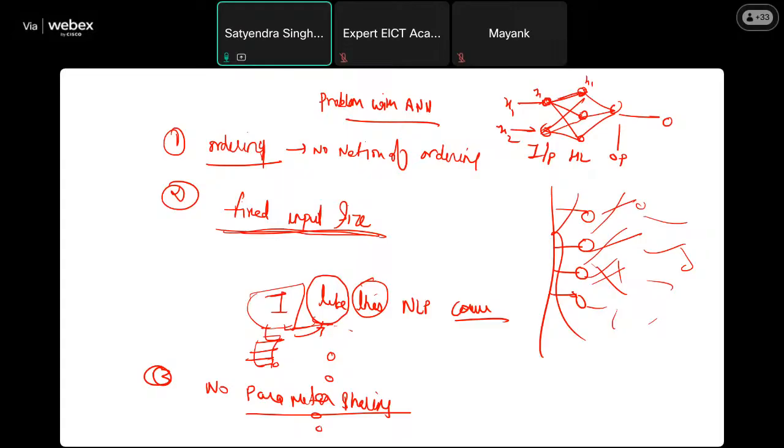There is a unique weight between each pair of nodes: for I1 H1 you have W1, for I1 H2 you have W2, for I1 H3 you have W3. These weights are unique to each pair of nodes, and there is no parameter sharing,